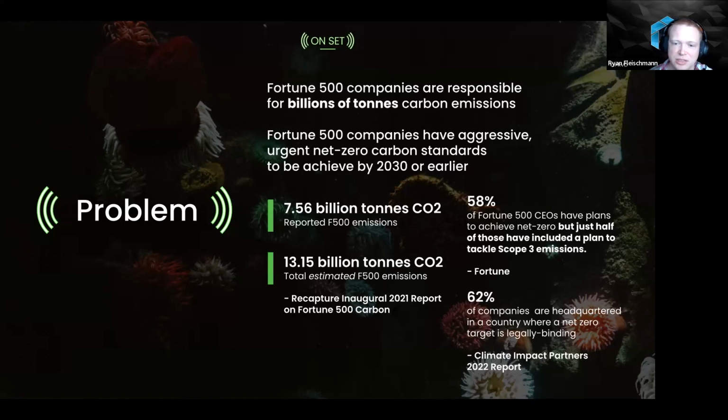But there's also this issue of scope 3 emissions, which are this idea of what are the carbon emissions further up and down your value chain, right? And I'll remark here a little bit about how we tackle that specific issue. But generally, yes, there's a huge area of demand for digital carbon for Fortune 500 enterprises. So if we can move on to the next slide,